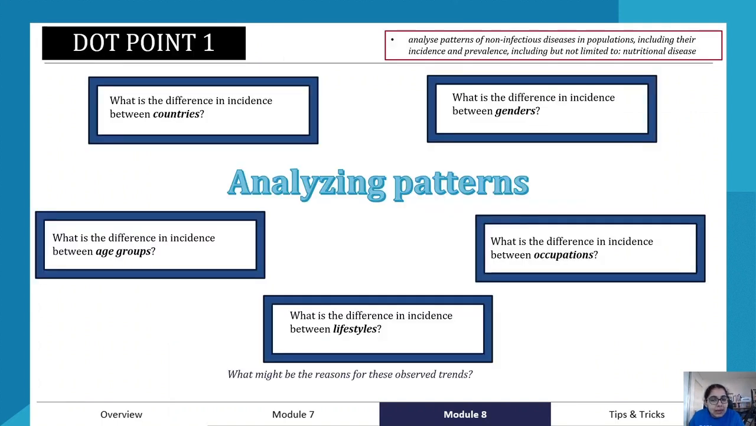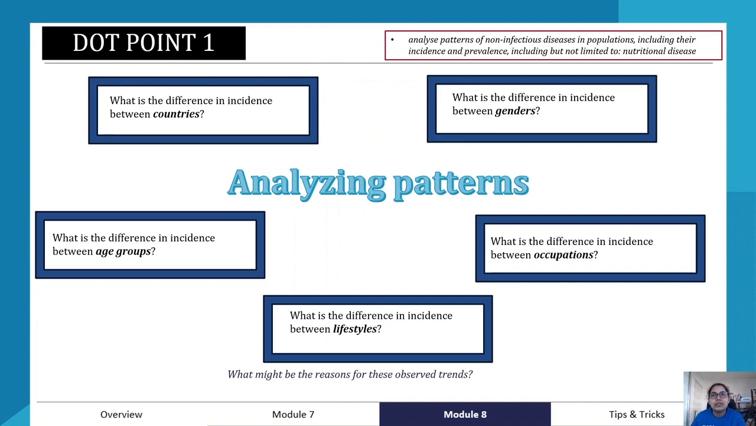So, analyzing patterns. The patterns we tend to analyze include, for example, what is the difference in incidence between countries? Do some countries have a higher prevalence of a disease in comparison to others? What is the difference in incidence between genders? What is the difference in incidence between occupations? For example,